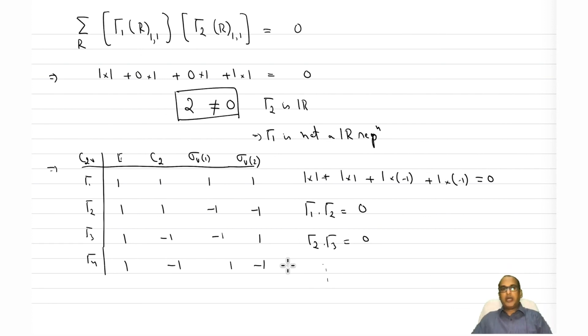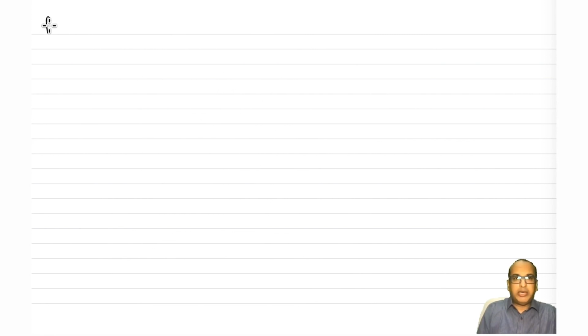So this is how you can test any given representation for whether it's a reducible or an irreducible representation. Okay, so that's one very nice application, and let us now look at the 5 properties which we will be using to develop IR representations for a given point group. So 5 properties of GOT.